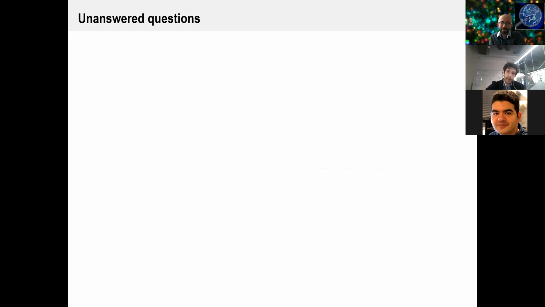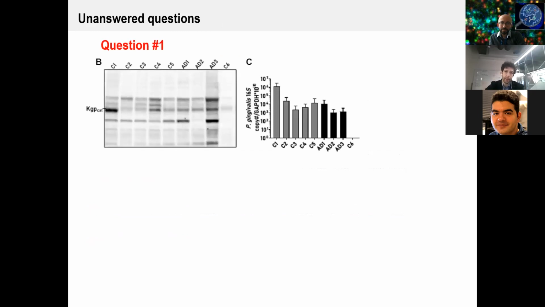However, a few questions remain unanswered. The first question is, why do some people, even without Alzheimer's disease, have P. gingivalis in their brains? This is the data from the study by Dominy. This question was raised by Steve Dominy's team originally, but unfortunately remains largely unanswered. You can see that the brains of control patients also have a number of P. gingivalis, and gingipains are also released from these microorganisms, as can be seen on the left-hand side.